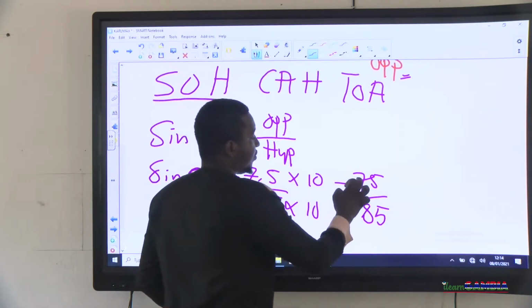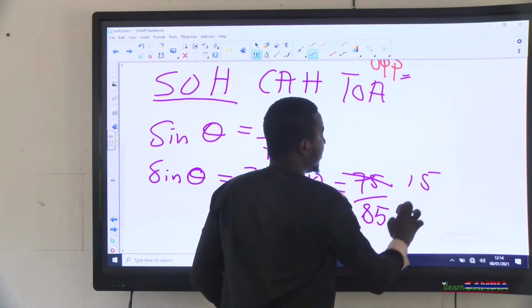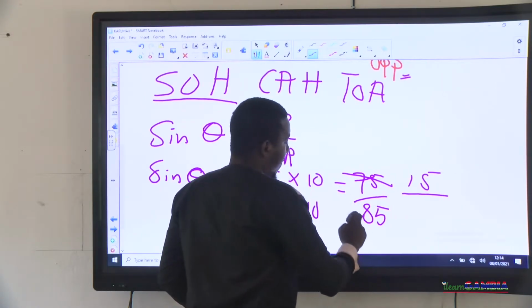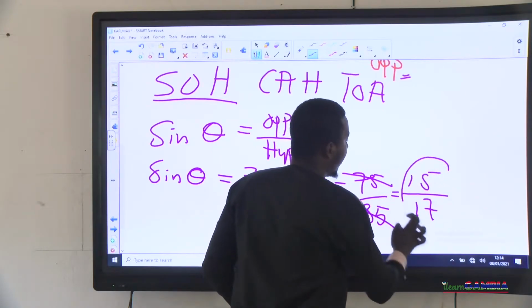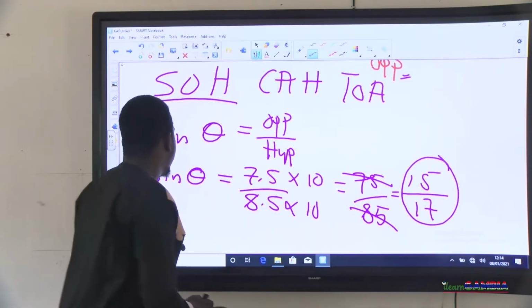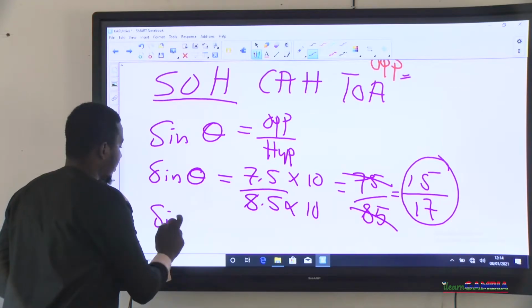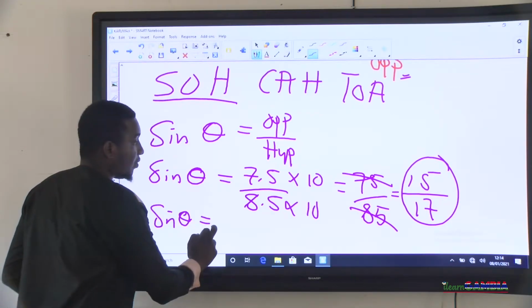Then 5 into 75 gives 15, and 5 into 85 gives 17. So our answer, sine of the angle theta, is equal to